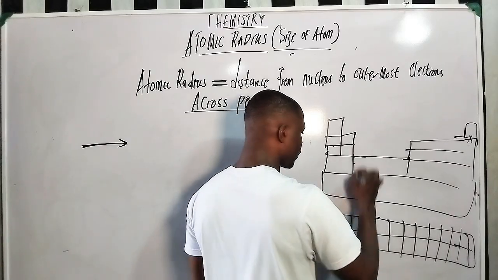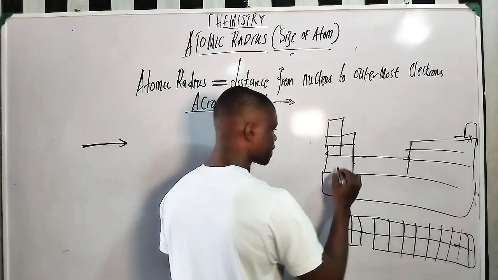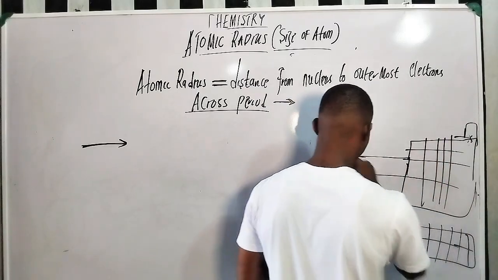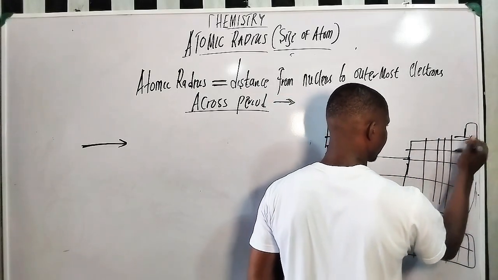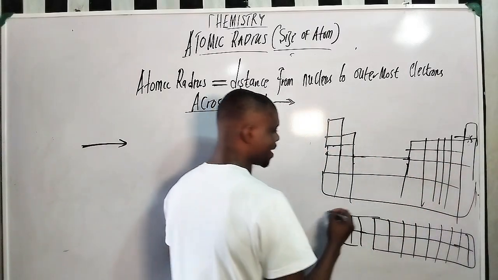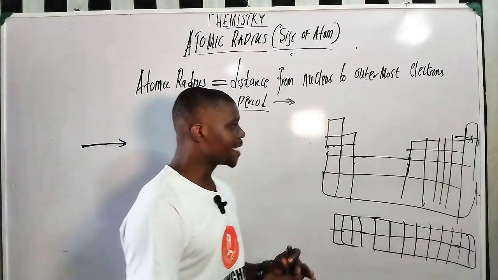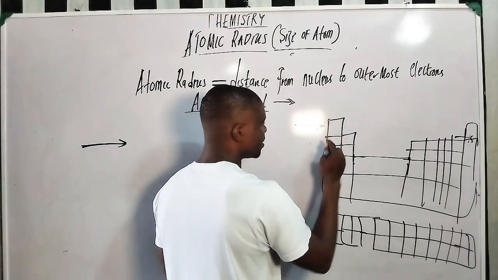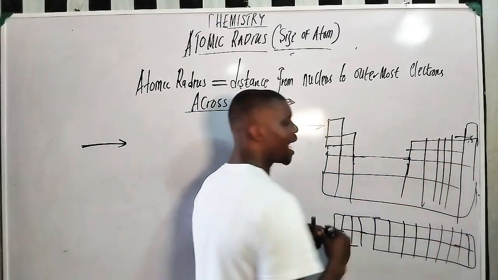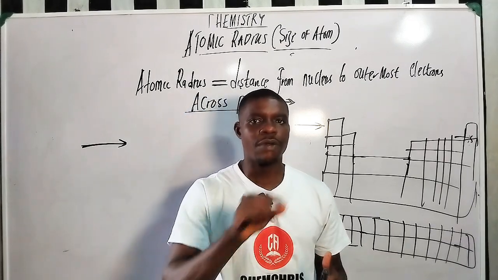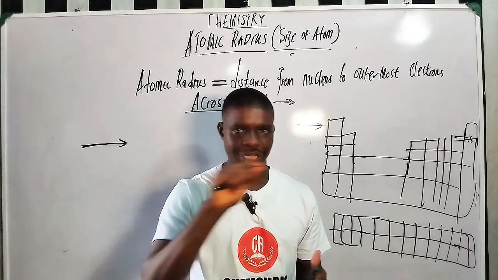There's one thing to understand here. Elements across a period, elements that are in the same period, have the same number of shells,